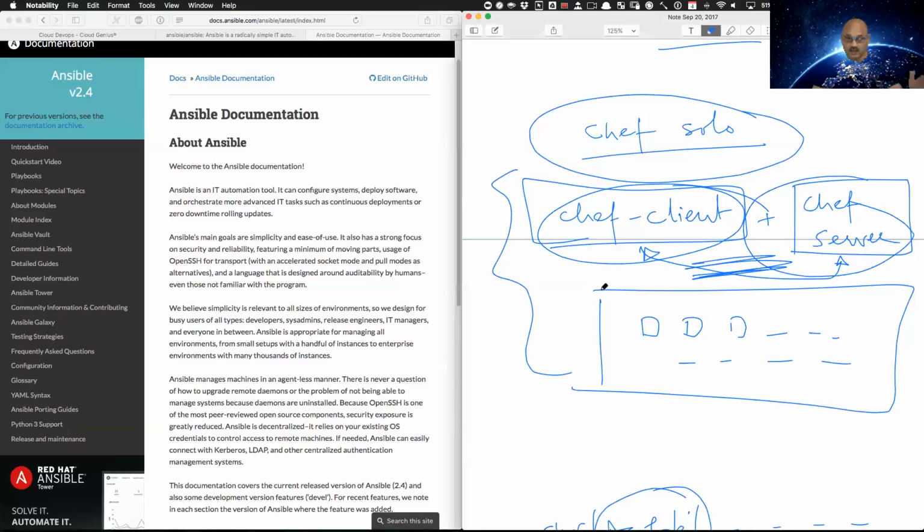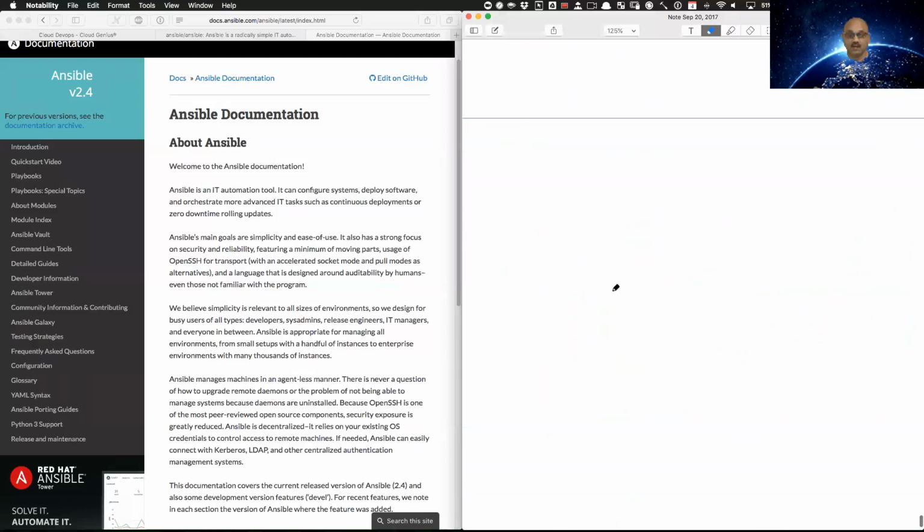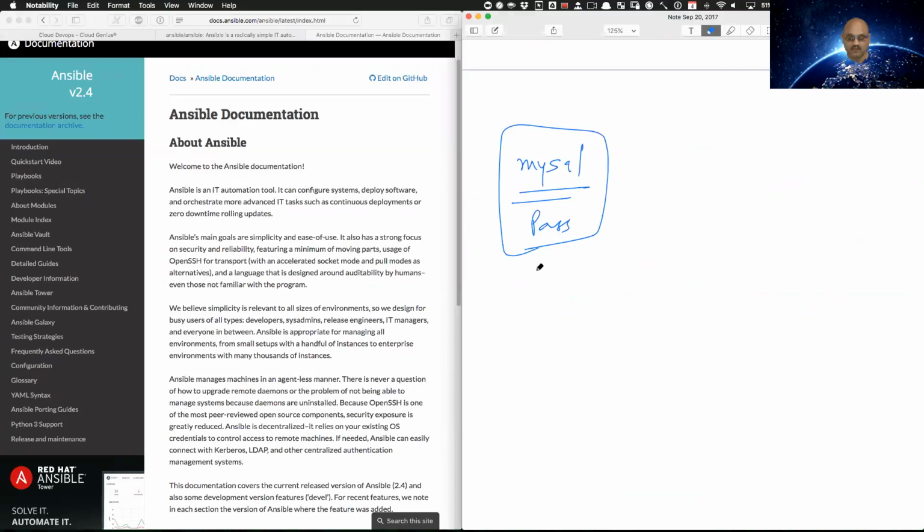But I'm just taking a little bit of digression to go towards using Ansible to get a flavor of how those things work, how that tool works and is different from the Chef tool that we just practiced a little bit in the previous example, in which we were able to set up a MySQL database server. We were able to set up our own password and have that whole thing configured in the form of an idea, in the form of a repository, in the form of my design,